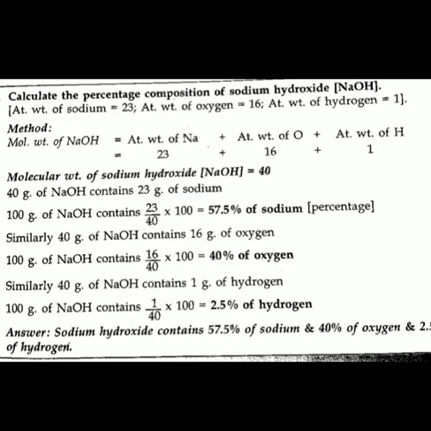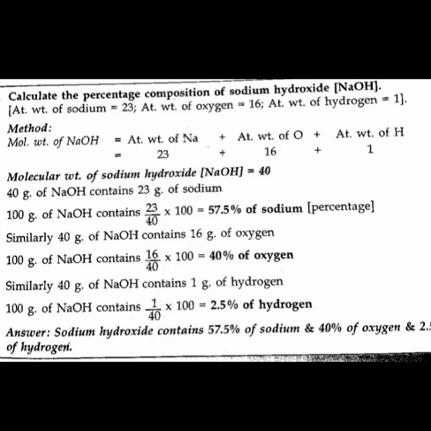Then already given that atomic weight of sodium 23, atomic weight of oxygen 16 and atomic weight of hydrogen 1. Okay. Then what is the formula? That is NaOH. Then atomic weight of sodium, that is 23, and number of atom 1. Atomic weight of oxygen 16 into number of atom 1. And atomic weight of hydrogen 1 into number of atom 1. Then you add the value, you get 40. That means molecular weight of sodium hydroxide equal to 40.